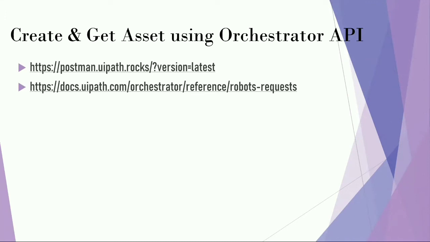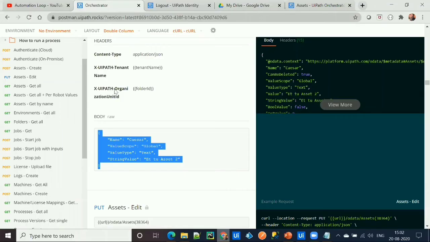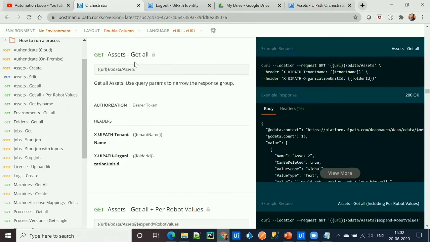Now we have seen how we can create the asset with the help of the orchestrator HTTP request activity from Studio, right? So let's go ahead and see how we can get all the asset details available on our orchestrator. To get the details of all the assets available, we can use this endpoint, get asset get all.